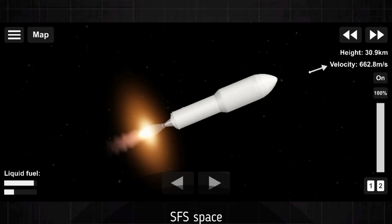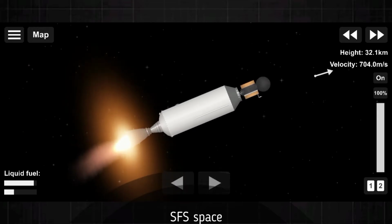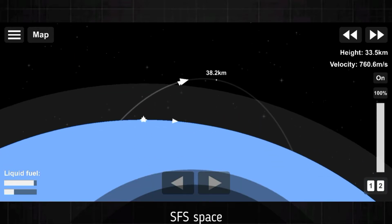Stage 1 is going to execute 2 burns in order to make its way back down to Earth. The first is the entry burn, where 3 of the M1D engines will reignite, and this will help slow the stage down as it re-enters the upper part of the Earth's atmosphere. The second burn is the landing burn. Now this is a single engine burn that will bring the vehicle speed down rapidly in order to land on